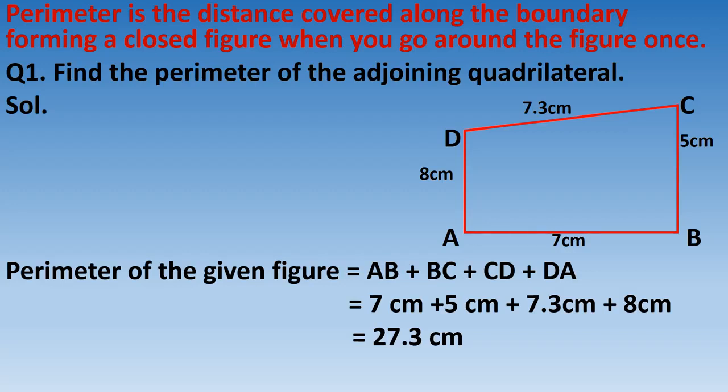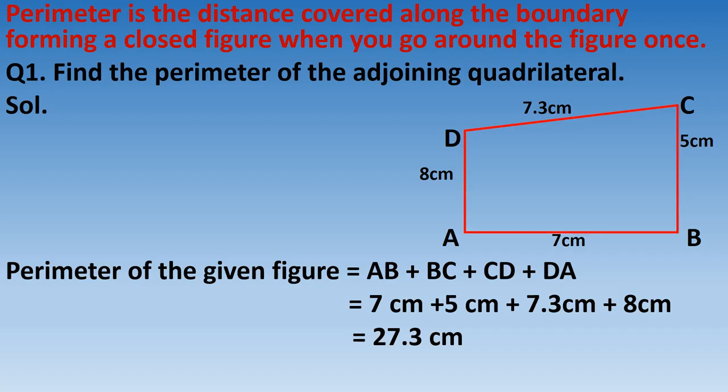So as we know that perimeter is the length of the boundary. So what is our formula here? Perimeter of the given figure equal to AB plus BC plus CD plus DA. Now when I have written here AB, so you will write down the measurement of AB only,